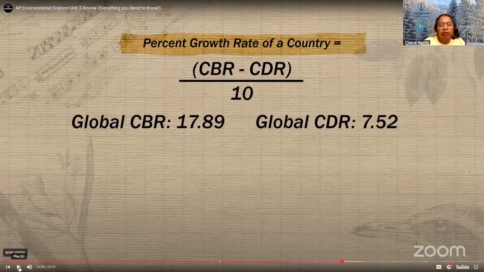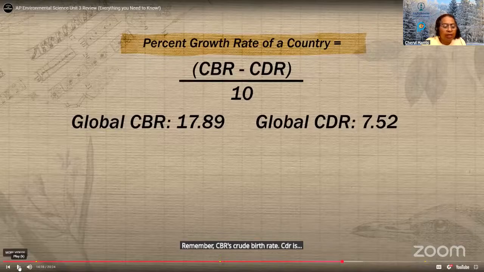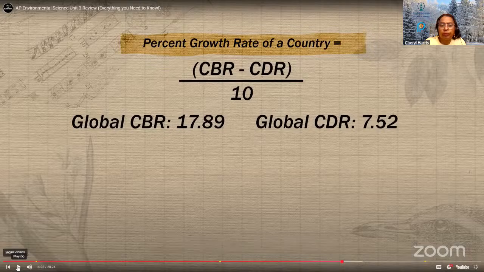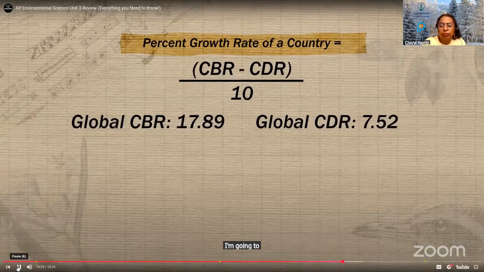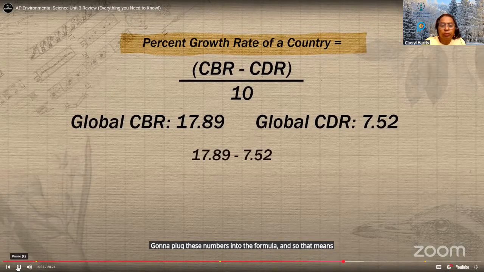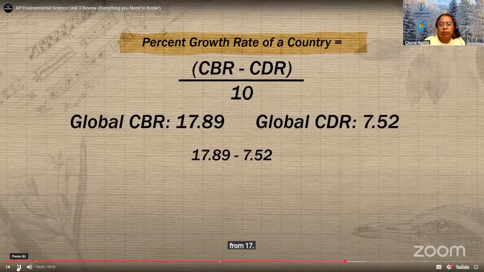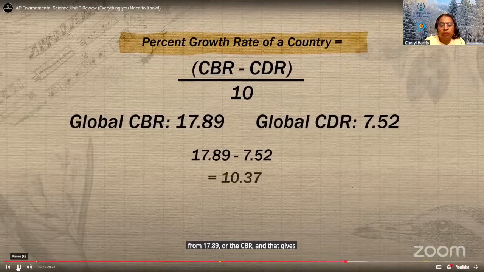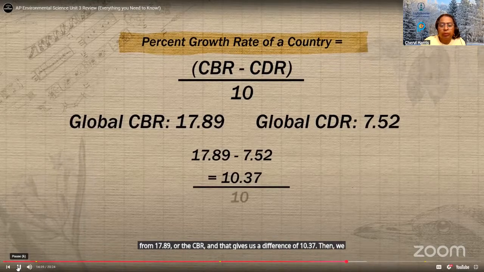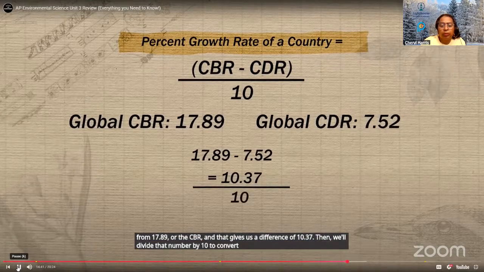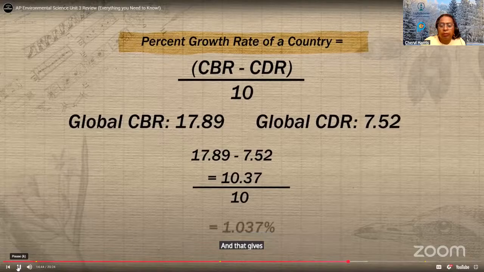Remember, CBR is crude birth rate, CDR is crude death rate. I'm going to plug these numbers into the formula, and so that means we'll subtract 7.52, or the CDR, from 17.89, or the CBR, and that gives us a difference of 10.37. Then we'll divide that number by 10 to convert it into a percent, and that gives us a global population growth rate of